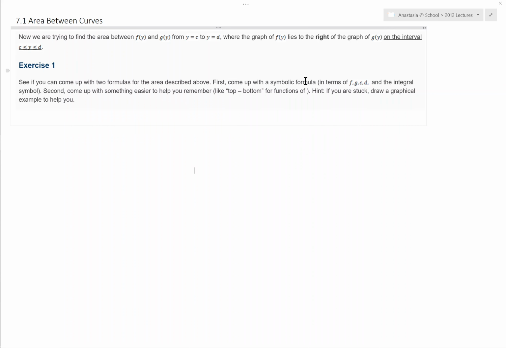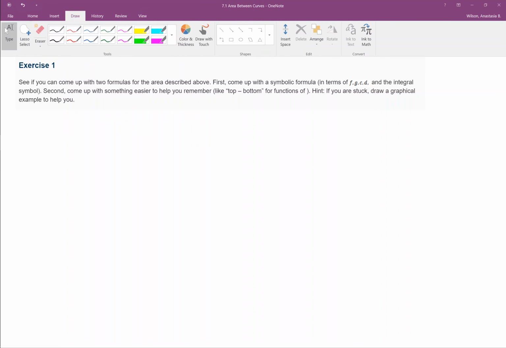So first we're going to come up with a symbolic formula. So this is something in terms of f, g, c, and d and an integral symbol. But to help us remember that, we'd also like to come up with something a little bit easier to remember, like when we have a function in terms of x where it said top minus bottom. So the hint is, if you're stuck, draw a graphical example to help you. So I'm going to go ahead and start off there with drawing a